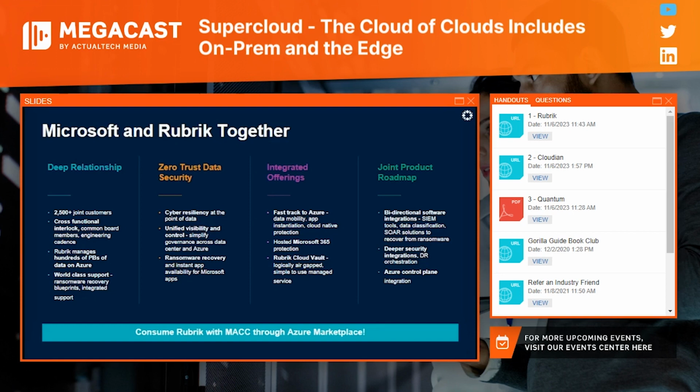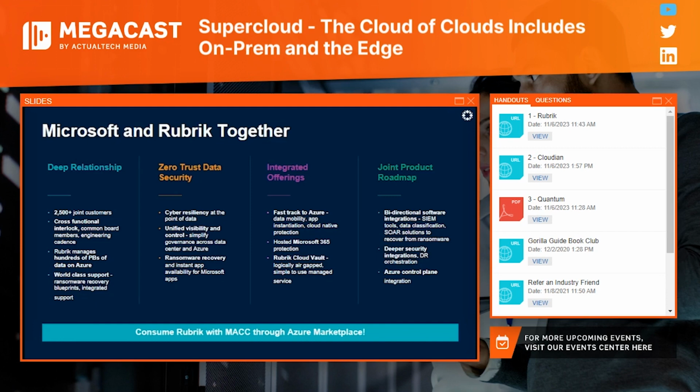And what you're going to see is that a lot of that focus is on zero trust data security. For anybody who's familiar with Azure's zero trust model, Rubrik integrates into that very nicely in the way we approach data protection as a point of data security. We're very deeply integrated with all their tools, SIEM, SOAR, Microsoft Defender, and you're going to see even more offerings that are very tightly integrated along those fronts as we go forward.